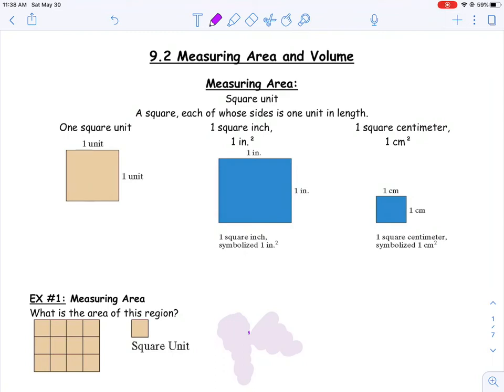If somebody asked you what area means, how would you describe it? Well, most students would say kind of the stuff on the inside, right? If we have a two-dimensional figure, then area means the stuff on the inside. So how much area do we have on the inside? If I have 1 unit by 1 unit, I have 1 square unit. If I have a 1 inch by 1 inch, then the area inside would be 1 square inch. If I have a 1 centimeter by 1 centimeter square, then I have 1 centimeter squared as my area inside,